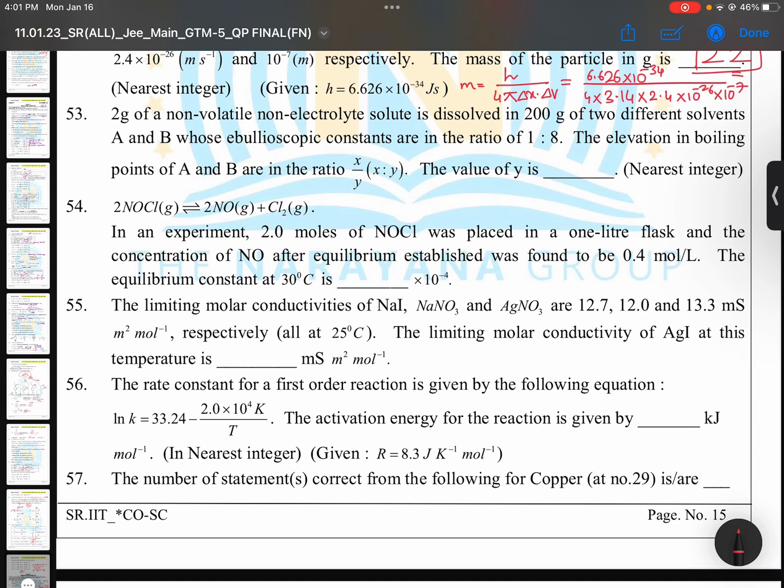Two grams of a non-volatile non-electrolyte solid are dissolved in 200 grams of two different solvents, A and B, whose ebullioscopic constants are in the ratio of 1:8. The elevation in boiling points of A and B are in the ratio of x by y. The value of y is asked. Very simple. Delta Tb is equal to Kb into m. See, the i value is not required here, non-electrolyte. Gone. Kb values are given as 1:8. So for A, if you take